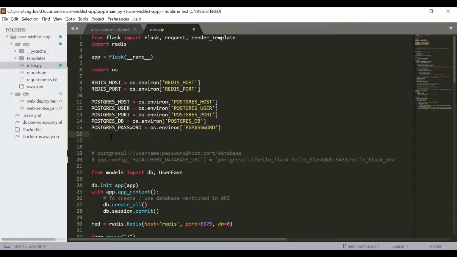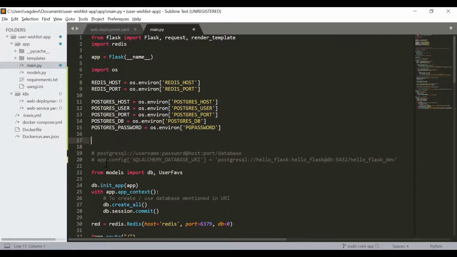Right now, the next step is to use these environment variables in order to configure our Flask application to connect to the database, right? So it was previously done in this form where all the credentials were quoted within as a string. Right now, we have to use the dynamically gotten data over here, right?